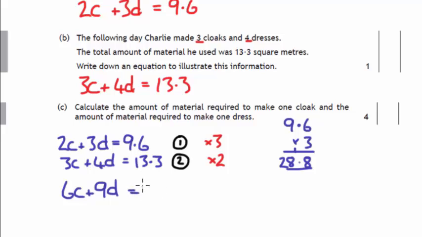That equals 28.8. Okay, so call that equation 3, and we then still need to get your equation 2